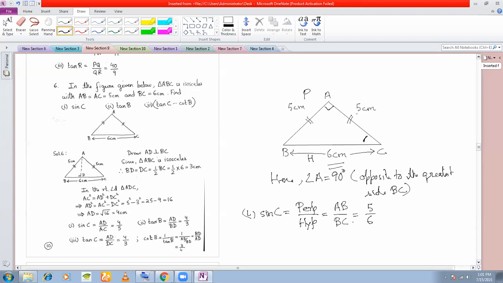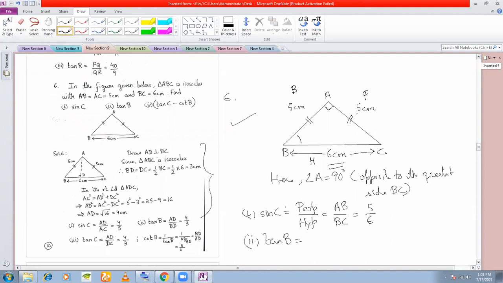Okay. And I have done it in a different way here. I think you better try to do it this way. This is a better way of doing it. Okay, tan B. Tan B here is, now we are talking about this angle here, right? So which should be a perpendicular and which should be a base? This is already the hypotenuse. So this should now be the perpendicular. This is now the base, right?